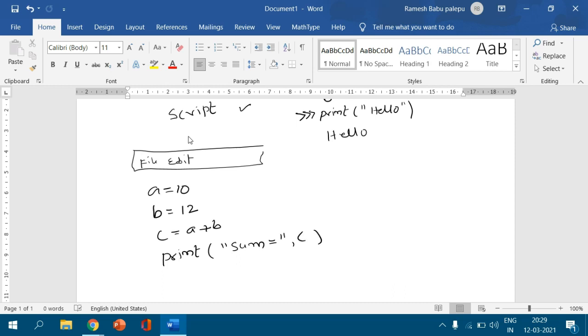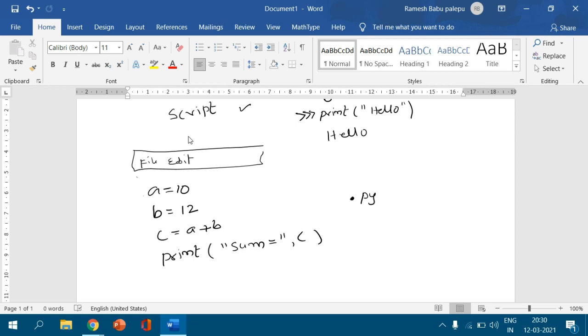So these four instructions, 1, 2, 3, 4 instructions on the screen will be considered as one program, and we should save this program with the dot py extension.